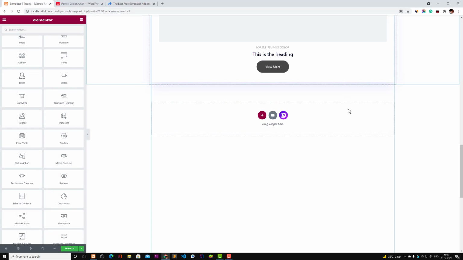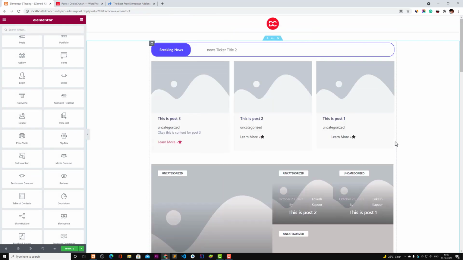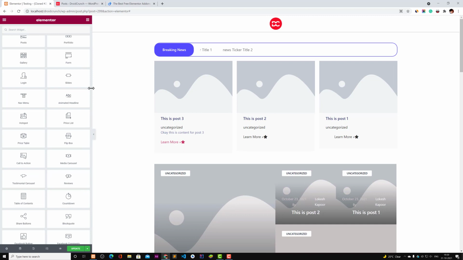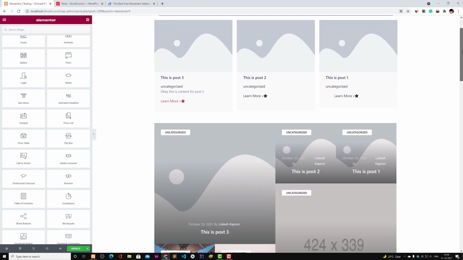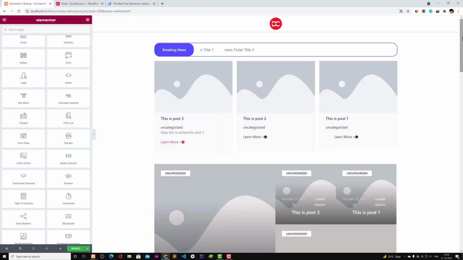So this is how you can utilize this plugin, and it's very easy to use, and you can create some amazing websites with this because all of these widgets that are offered are going to speed up your work process of creating websites, and all those websites will be very design friendly, responsive, and they will look good, and you can change them anytime. You can change anything without using any code. Everything can be changed from Elementor itself, so it's very amazing.